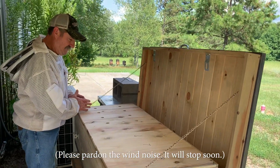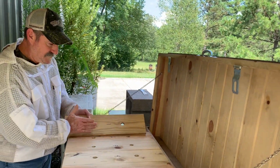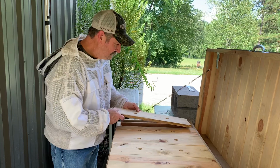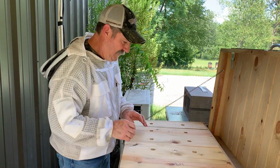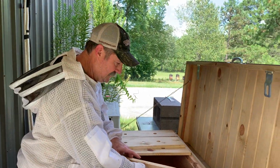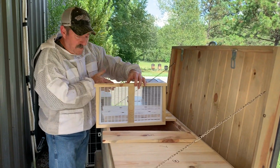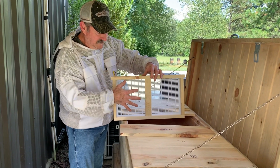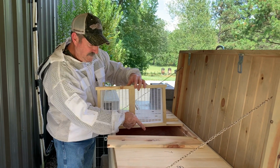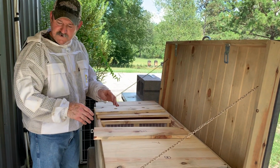Inside these boxes, they have an inner board system. The inner board system over the first initial brooding area has holes bored in it for ventilation. So I'm going to start these bees here, and then at some point you actually can exclude the queen with a queen excluder. Keep her on however many frames you want her to brood on. Allow your field force and house bees to come through this and start putting up honey. That's when you would open your next port down there. So without going into a whole lot of detail right now, because as we go we're going to...